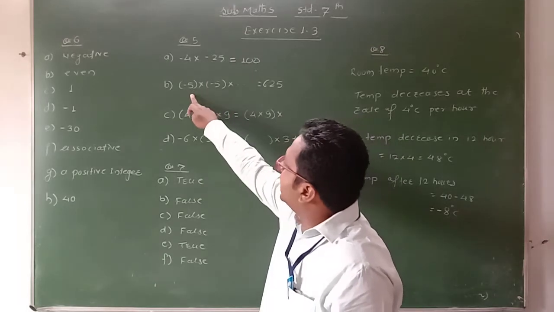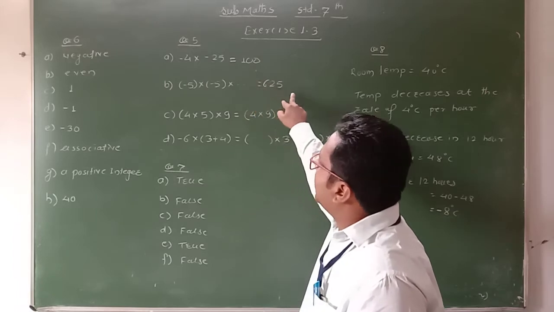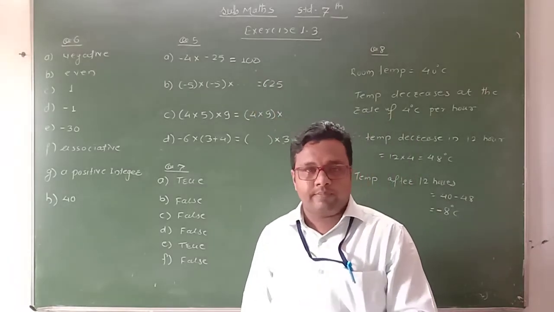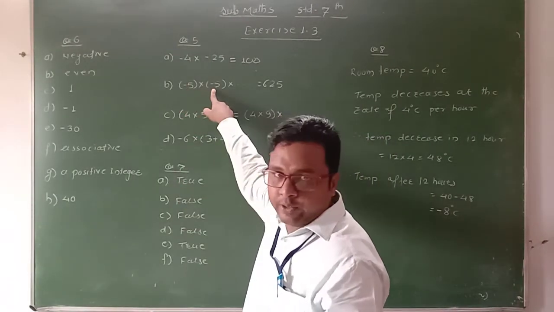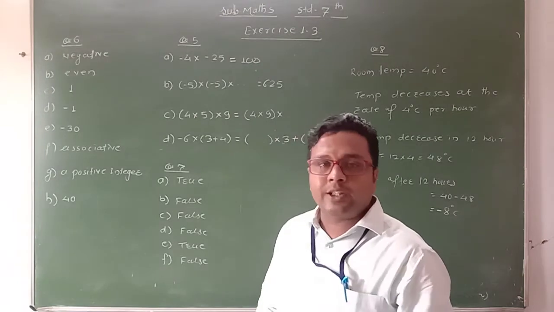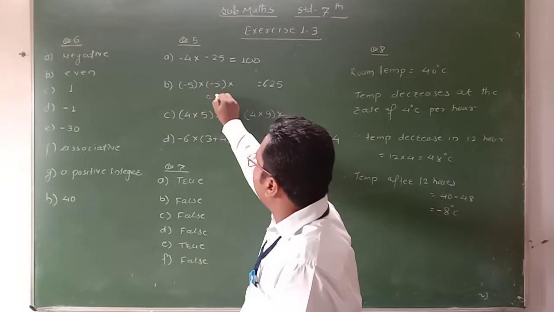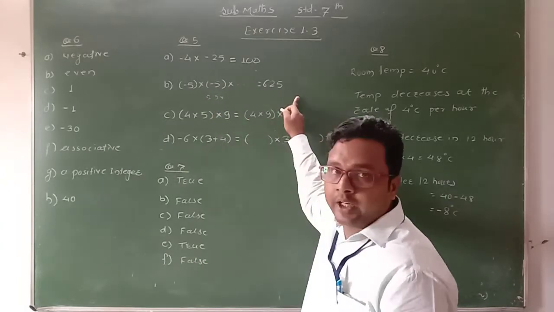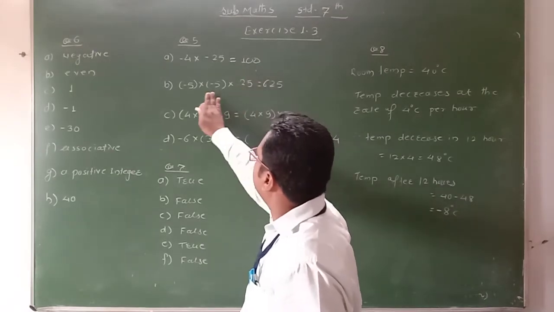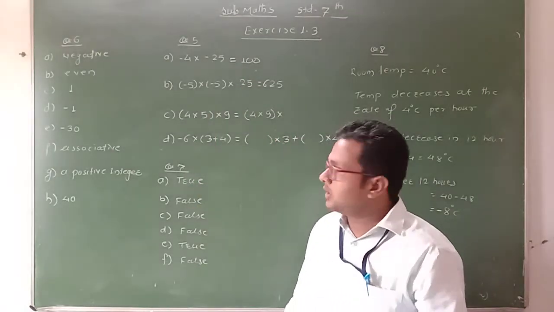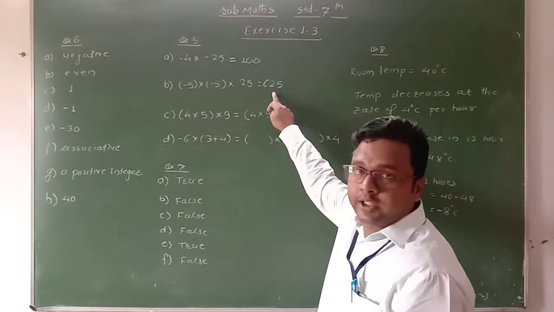Okay. Now see the second statement. It is given: -5 into -5 into which integer is equal to 625. Again the product is positive. Already two negative integers are there, therefore their product is positive. So the next integer is positive. Then 5 5s are 25. By which number do we multiply 25 to get 625? Definitely this is 25. Therefore here we put the integer 25. This is the correct answer. Multiplication of -5 into -5 into 25 gives 625.